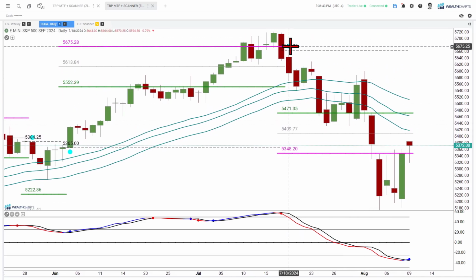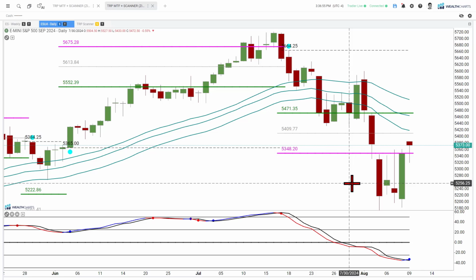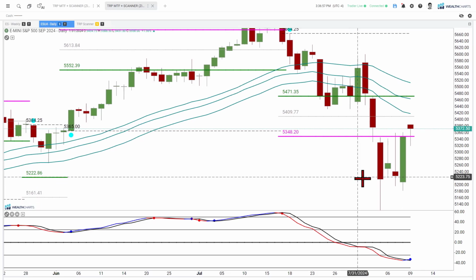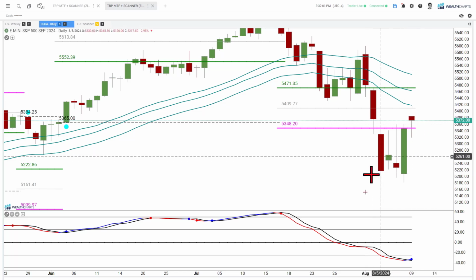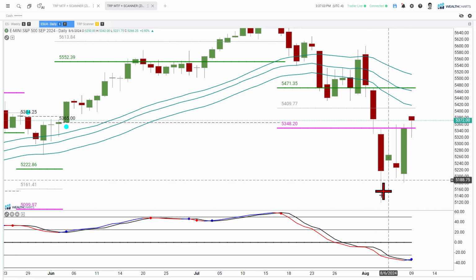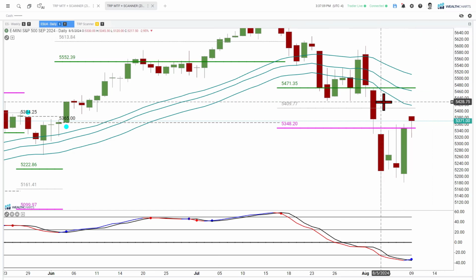Now, we had a TRP sell signal back over here. This is the 18th or 19th of July, and then down we came. It took some time before we really unclenched and saw price action unwind. Nonetheless, the push back up is really the question on everyone's mind. Is this it? Was that the low? Are we done? And my answer to that question is it's less likely that we're done,